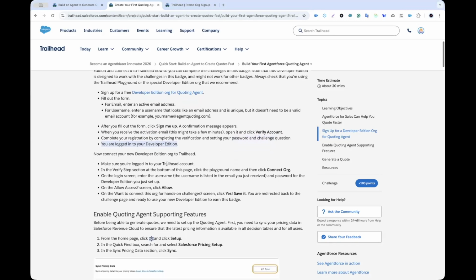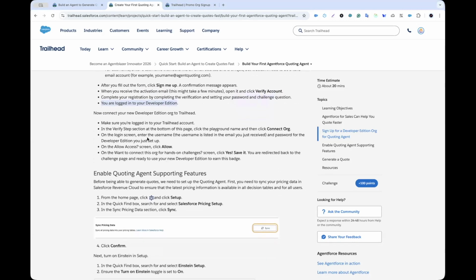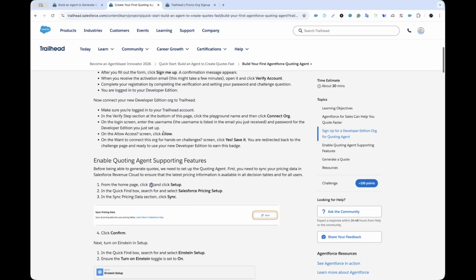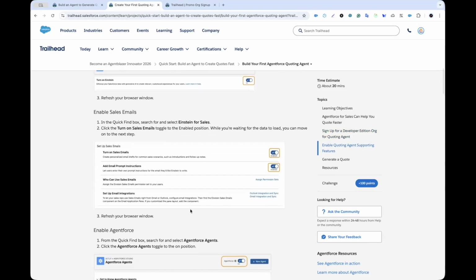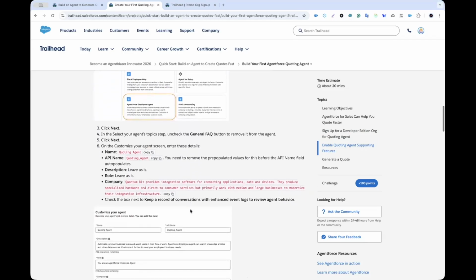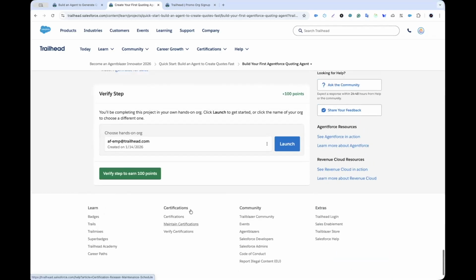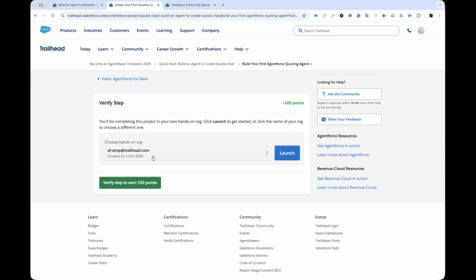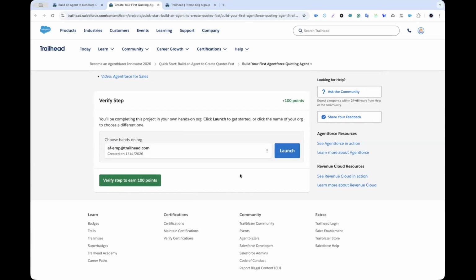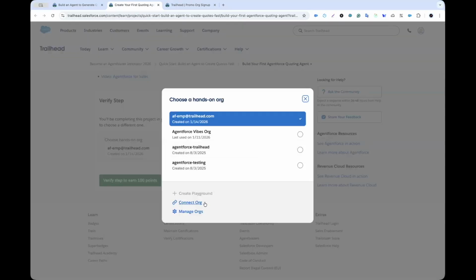Once we have our developer edition relevant to the task, we have to connect that org to our Trailhead account to avoid multiple logins throughout the challenge. So one way is to go to the bottom of the Trailhead module, where we can see our hands-on org. In the drop down, we can connect another org. To connect the org, we need to click on the three dots beside the hands-on challenge. Let's click on that, and there we will find a Connect Org option. We need to click on that,